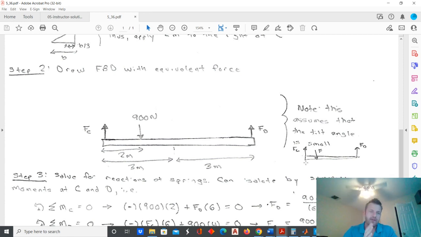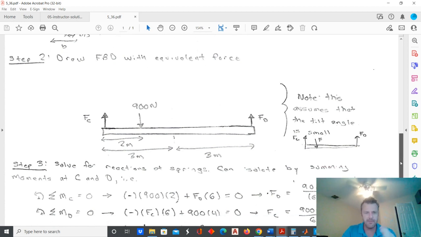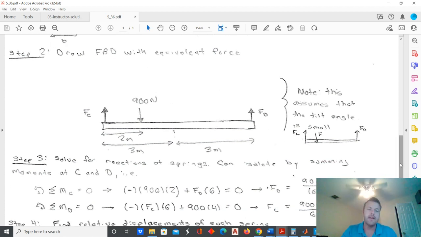The geometry of all of those forces is going to shift somewhat if there's a little bit of a tilt. Of course, the two springs, by definition, have reactions that go along the dimension of the spring. So if one side tilts more relative to the other, they're still going to be straight up. However, this force associated with the distributed load will be slightly angled. So when I compute my moments, in order to solve for these reactions, the distances will be a bit changed if there's a little bit of a tilt. So under the assumption that the tilt is very, very small,